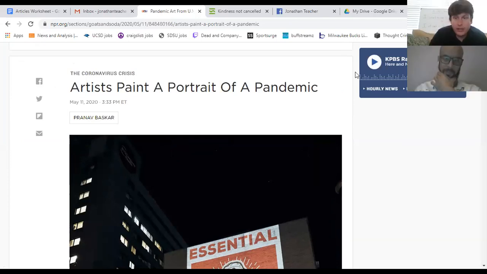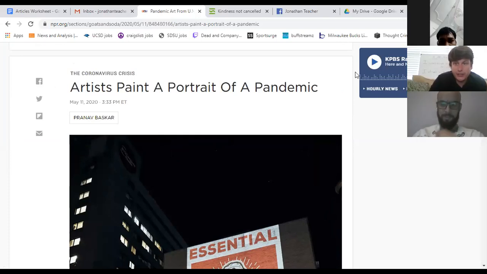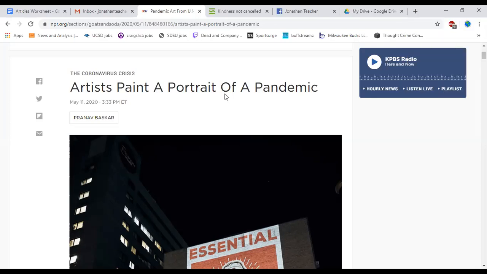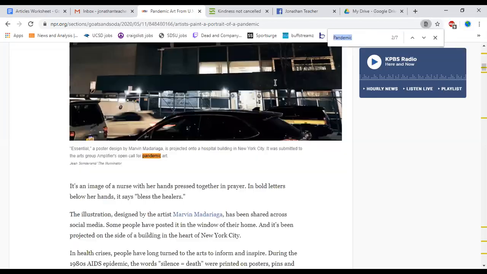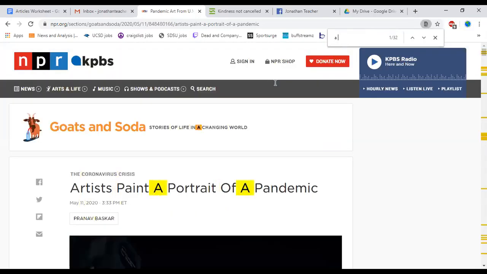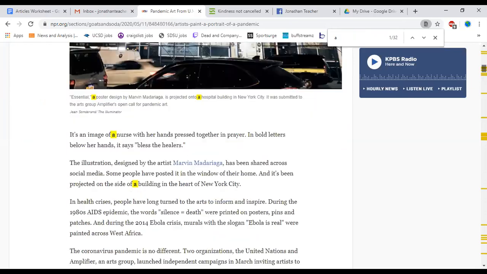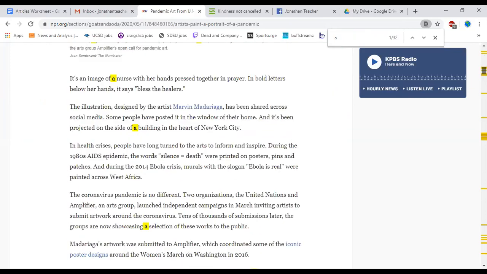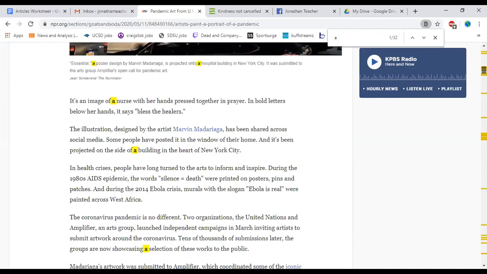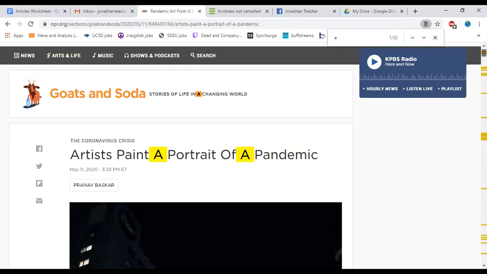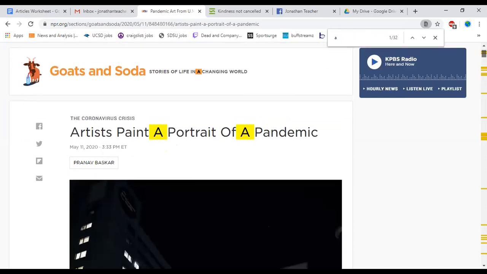So the first thing I'm going to do is just read the article to you. But I want you to focus on these words. So look at what I can do for you. I can highlight in the article just the grammar that we're looking at. You can see it in yellow. And all we are looking at is this specific grammar the first time,